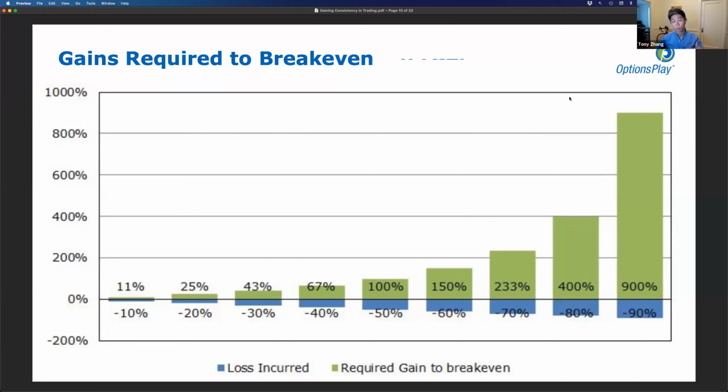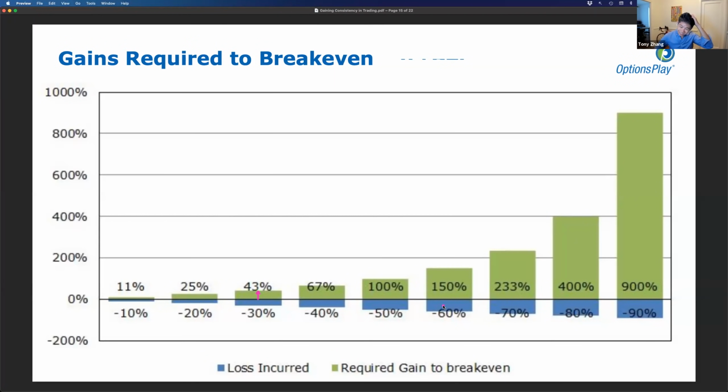Compounding returns works in your favor when you're talking about a savings account that you have for a long time. But compounding returns also work against you with respect to losses, because the amount required to break even on a trade grows at an exponential pace depending on how much you lose of your portfolio. So when we say losing 30% of your portfolio, you still have 70% of your portfolio intact. Well, guess what? When you lose 30% of your portfolio, you now need a 43% return just to get back